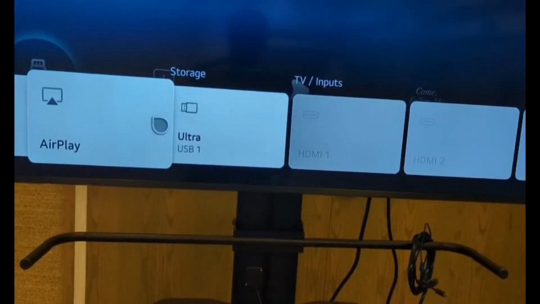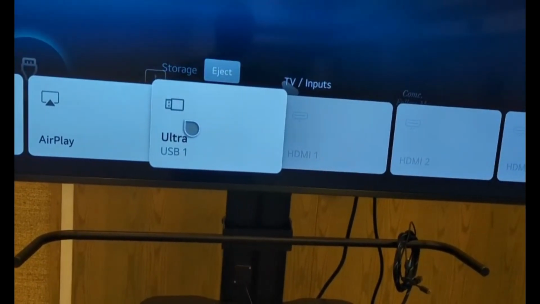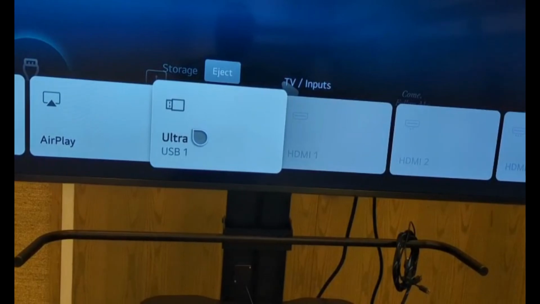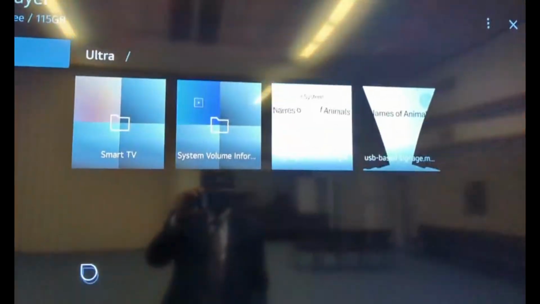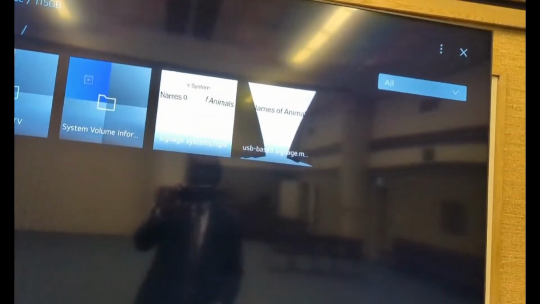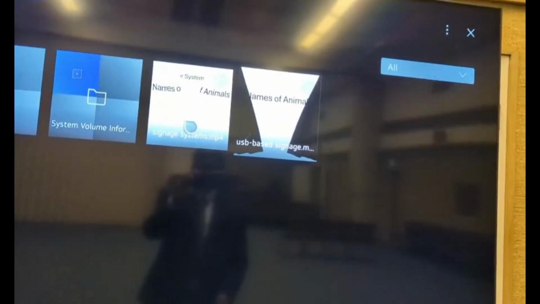I just go ahead and click on the Ultra USB 1 to open that up, and as you can see here, I have a couple of files on the screen. I will choose the right one, which is essentially this one that the mouse pointer is looking at. So I'm going to scroll up to that,